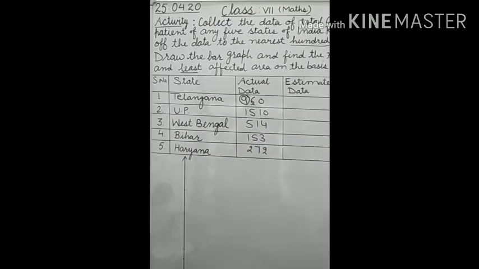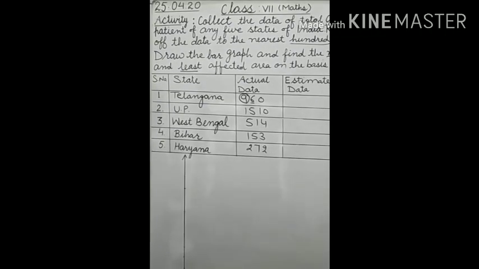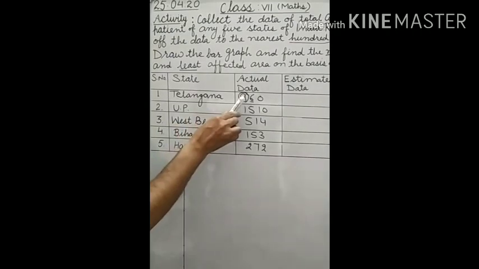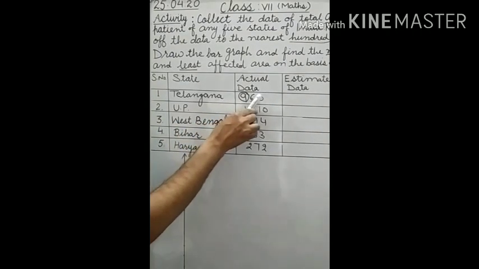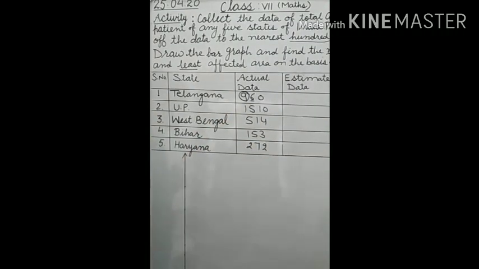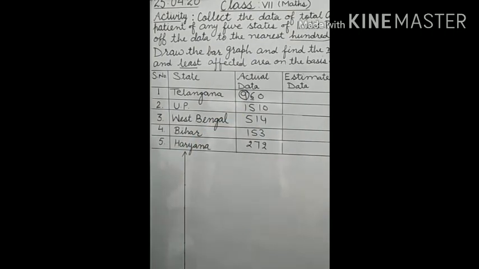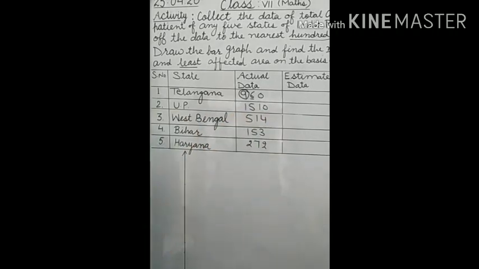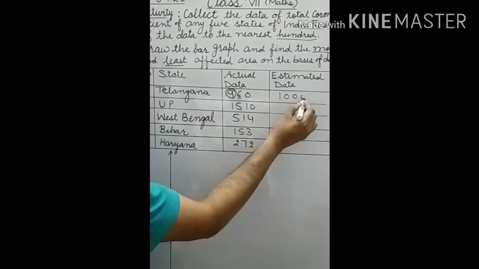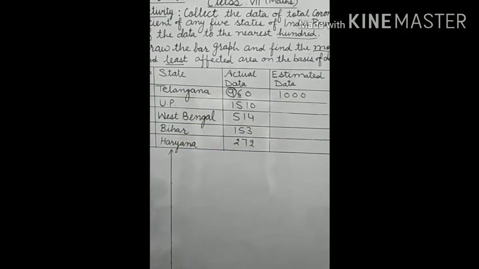Now, the round off rule we have: if this 10s digit is either 5 or more than 5, then we have to add 1 to the hundreds digit and the last 2 digits will become 0. As here the digit is 6, which is more than 5, we will add 1 to this number. Now 9 plus 1 will be 10 and these 2 digits will become 0. So this number will be rounded off to the nearest 1000. In the same way, we will round off the other 4 numbers.